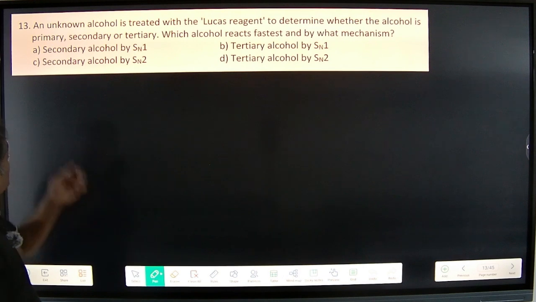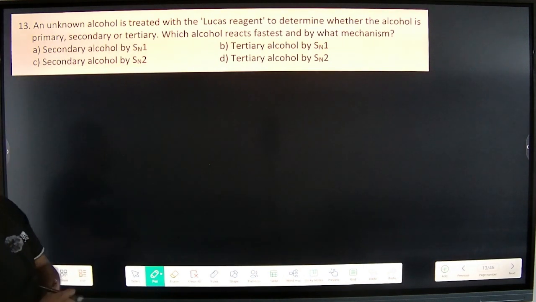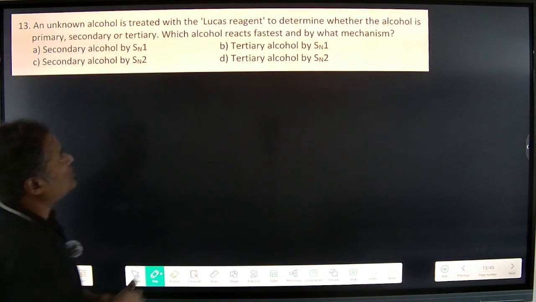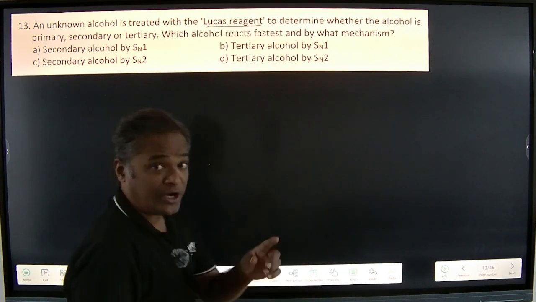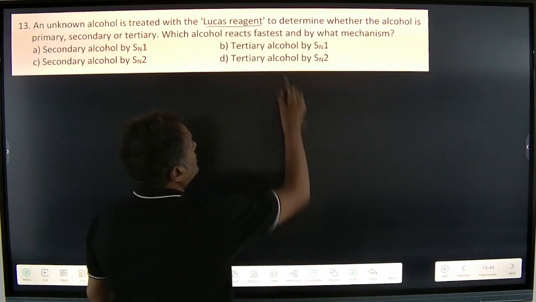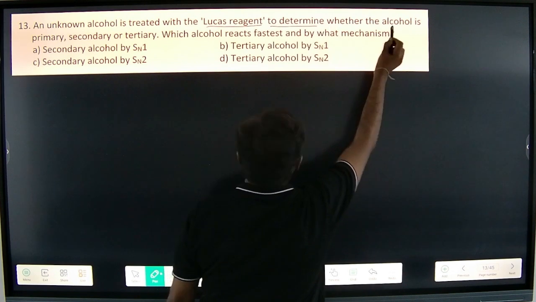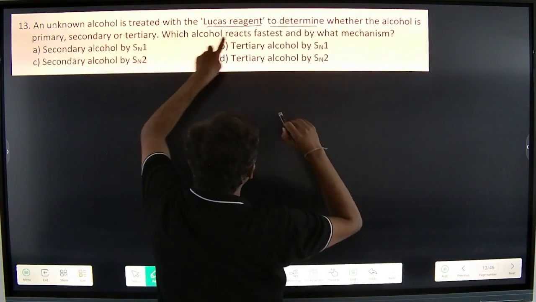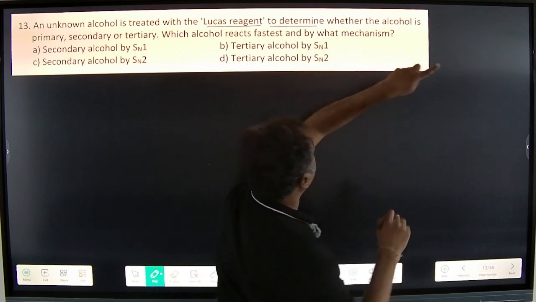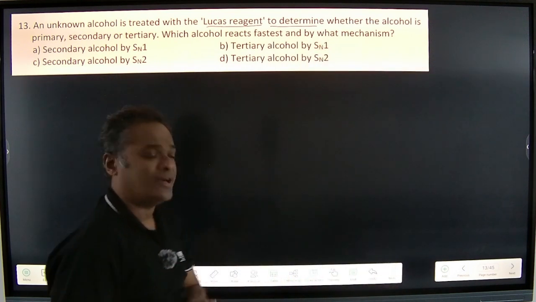Now, child, if you check over here, an unknown alcohol is given to you and it is treated with Lucas reagent. Now, Lucas reagent is used as a laboratory test for alcohol, mind it well, to determine whether the alcohol is primary, secondary or tertiary, correct, which I told. Which alcohol reacts fast and by which mechanism? Now, the answer is very clear. First of all,